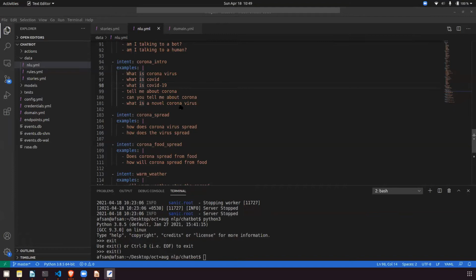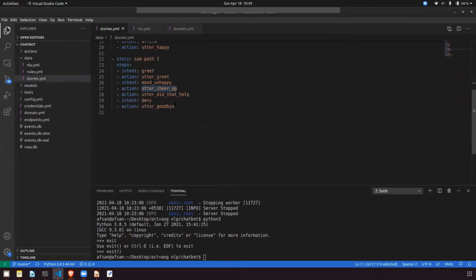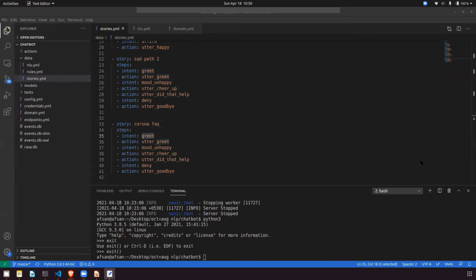Once you have done this, we have to go to stories and create one story. I will copy this, paste it here, and write Corona FAQ. The intent I will write here is Corona intro, so I will copy from there.